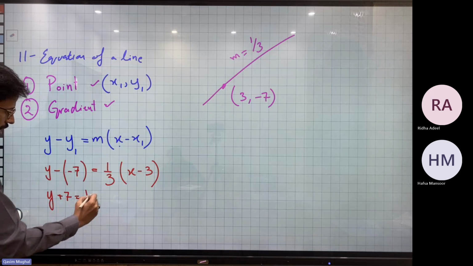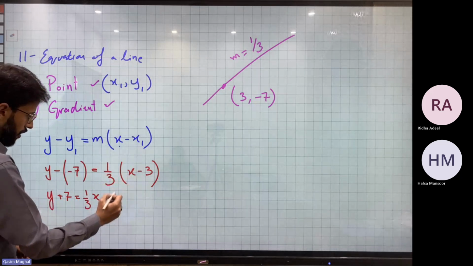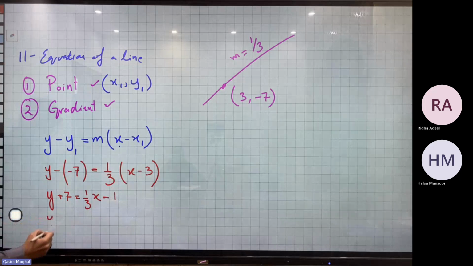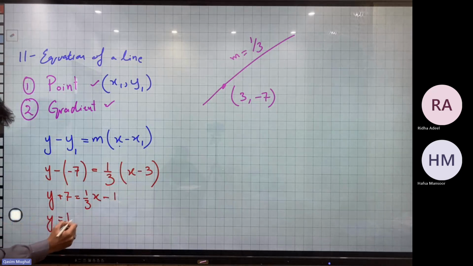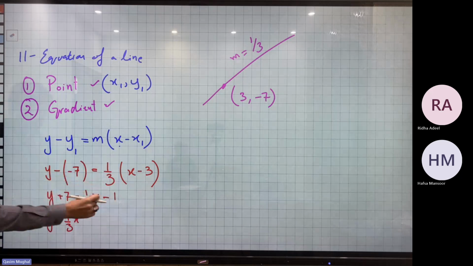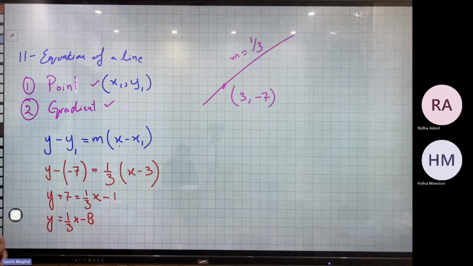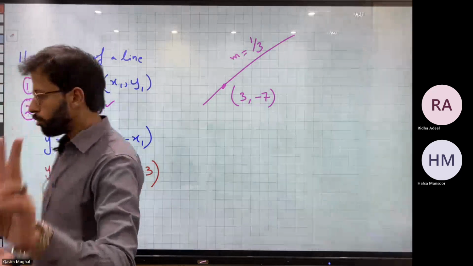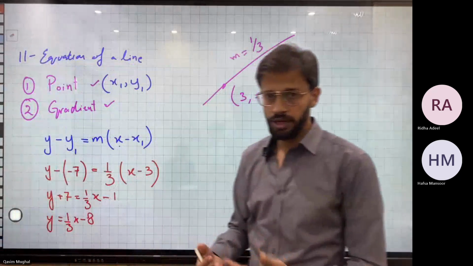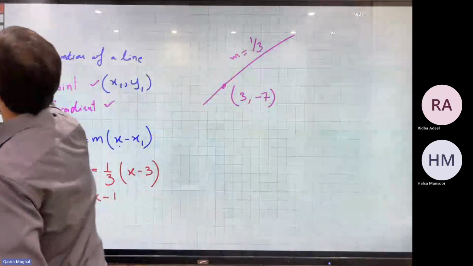equals to 1 over 3x minus 1 over 3 into 3 is 1, so y equals 1 over 3x, this is plus 7, ये तो जाके minus 7 हो जाएगा, so minus 1 और minus 7, minus 8। ये आपके पास इक्वेशन आ गया, ठीक हो गया। दो फॉर्मेट्स फॉलो होते हैं जो एग्जामिनर आपको रिक्वायर्ड करते हैं,